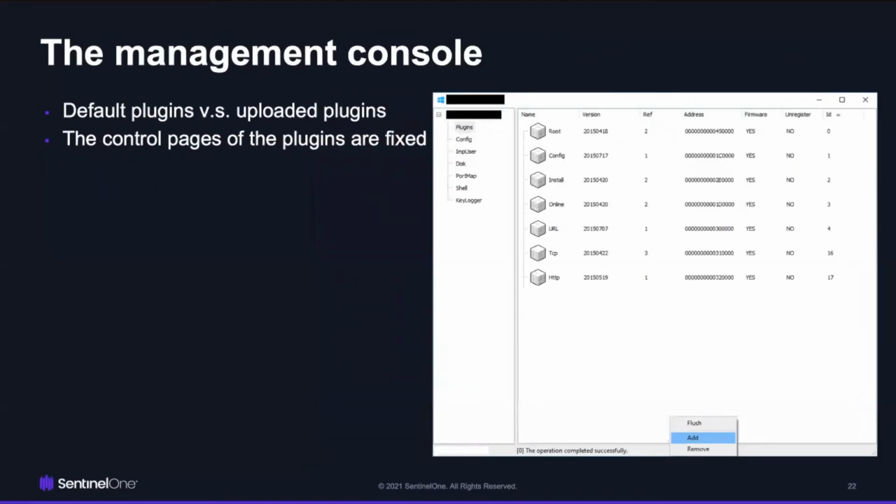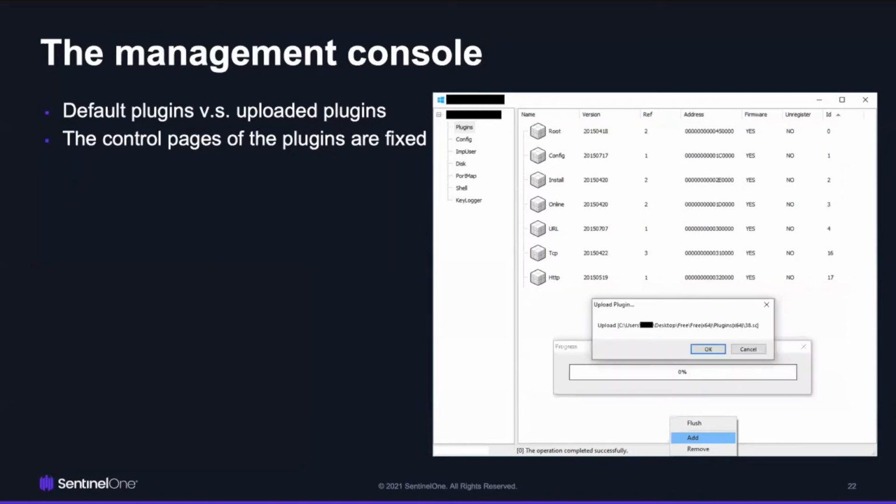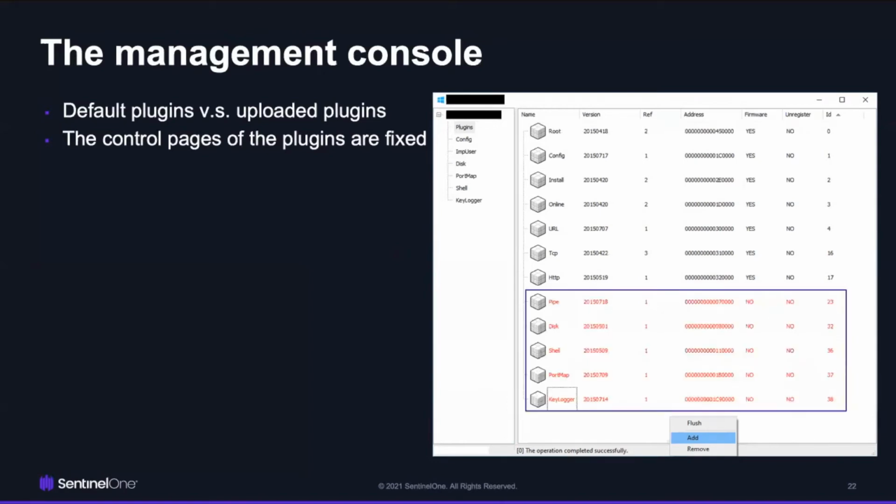By right-clicking on a single infected host, we will enter the management console of the backdoor. First, you will see the default plugin list. These are the plugins which are embedded in the backdoor samples by default. If you want to use other plugins, you need to right-click on the console, choose Add, and import the plugins. Then the plugins will be uploaded. After that, you will see the uploaded plugins in red, and you can start using those plugins with the menu